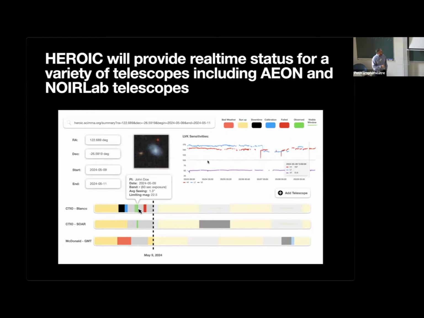And so this is a little mock-up of what's going on. So for example, is LBT on and observing multi-messenger events? And then, if your schedule is actually part of the automated system, say of AEON Plus, you can even see who's got what night. But it doesn't have to be that way. That's just kind of a mock-up. But then it also can tell us something about the weather and what all these different availabilities are as well.